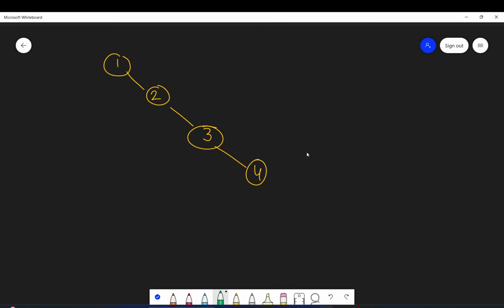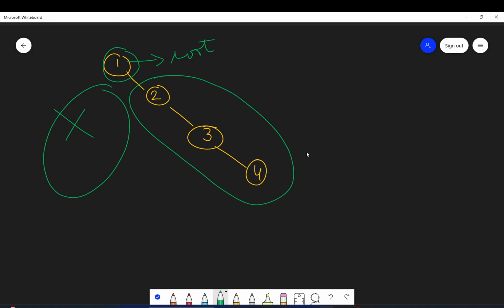So here, if you see, this is your root node. Here the left subtree is not present, but the right subtree has a height of around 1, 2, 3. So the difference between the right subtree and the left subtree is more than 1, right? So this is not a balanced binary tree. If you talk about a balanced binary tree, it is something like this.